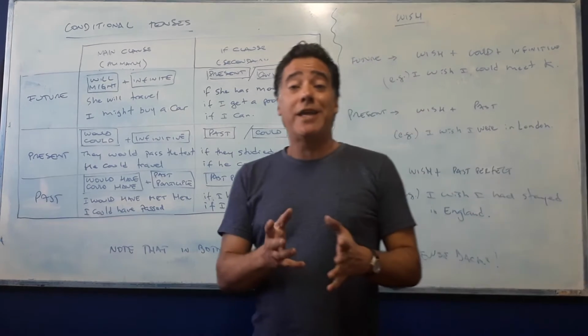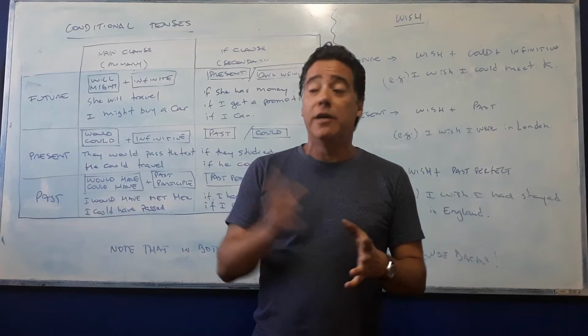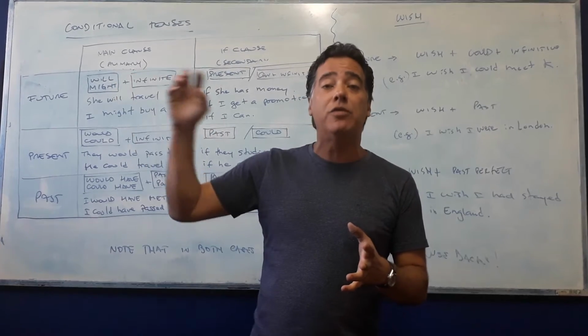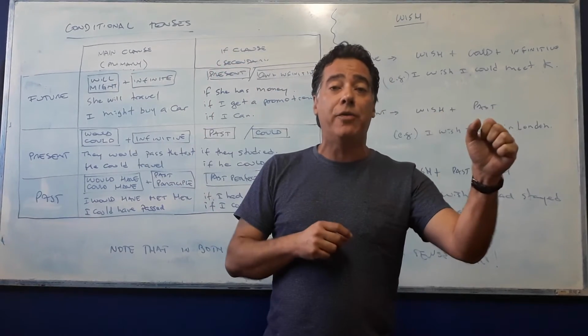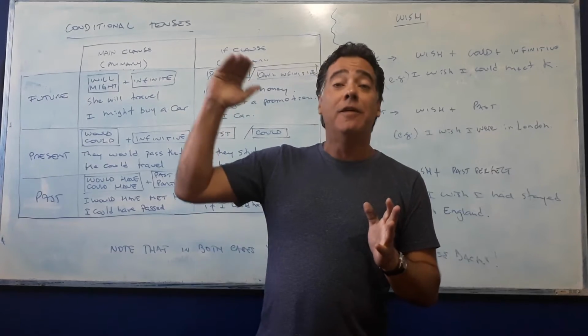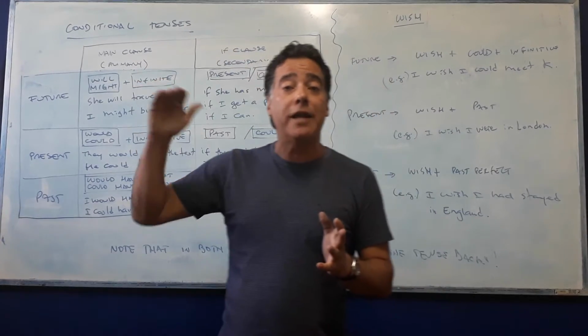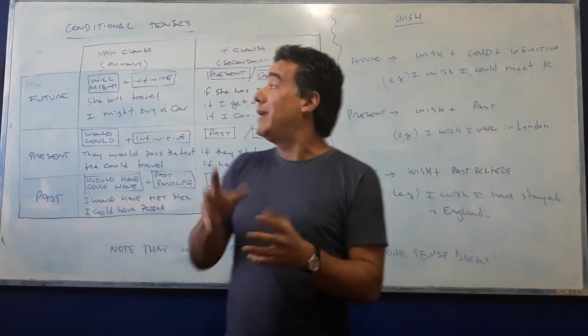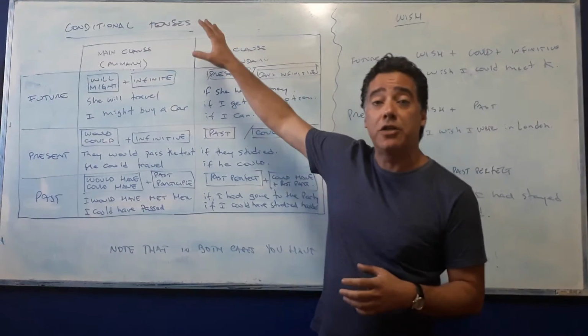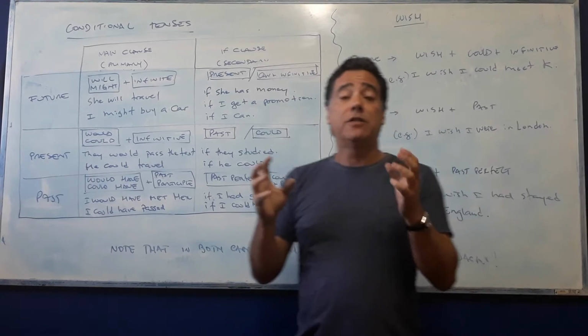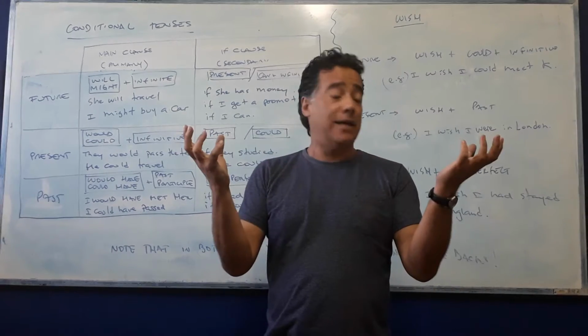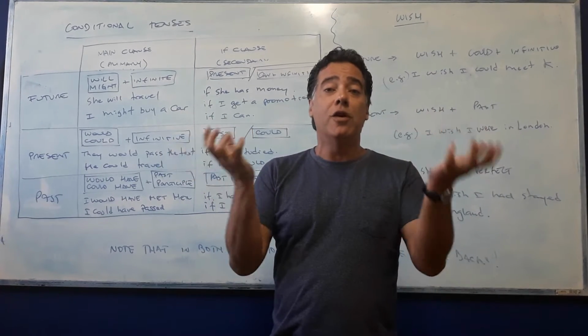There is no such thing in English as a subjunctive mode. In Portuguese we have the indicative mode, the subjunctive mode, and the imperative. In English you have families of verb tenses: continuous, simple, perfect, and perfect continuous. And all of these together we are going to create the conditional tenses. Conditional tenses are formed by a sentence that have two clauses